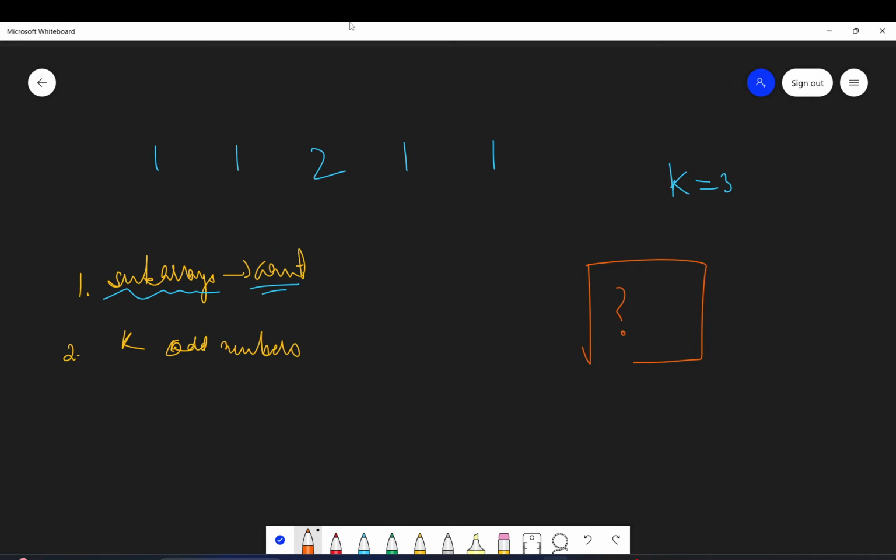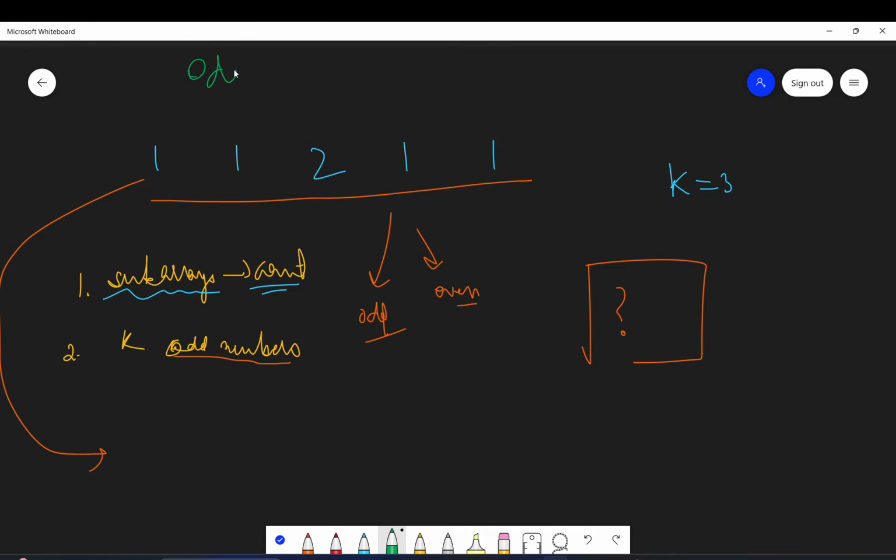How? Let's say we are only concerned with odd numbers. Obviously a number can be either odd or even. So what if we convert this problem such that wherever odd numbers are, I replace them with 1, and wherever even numbers are, I replace them with 0?